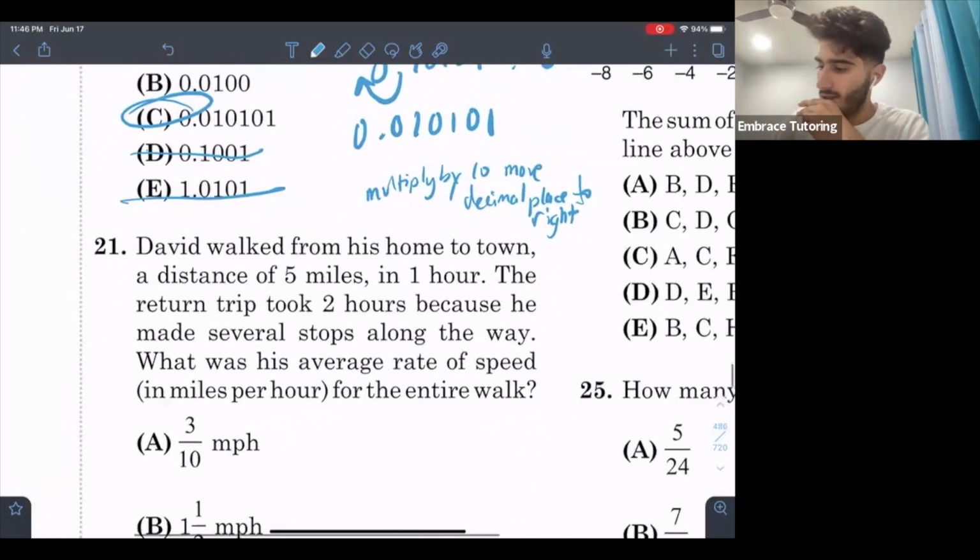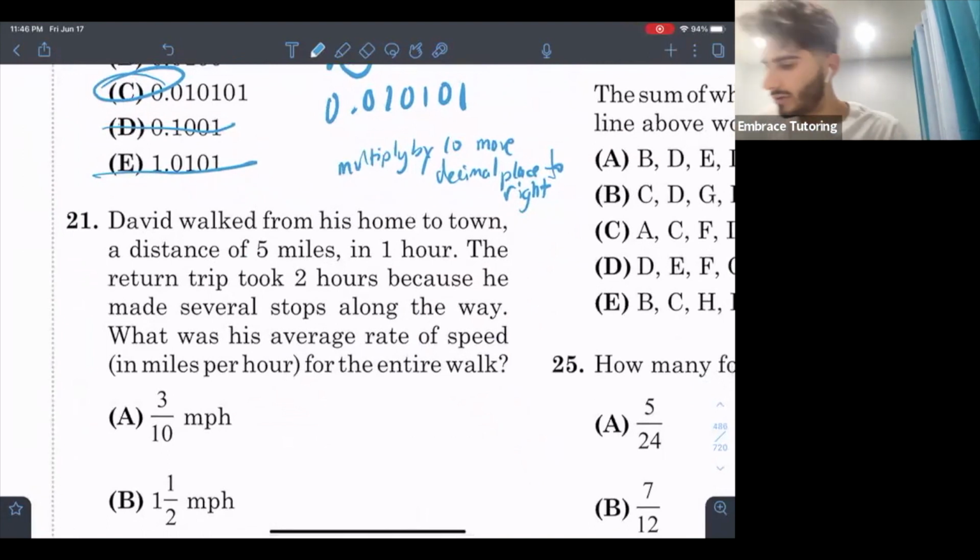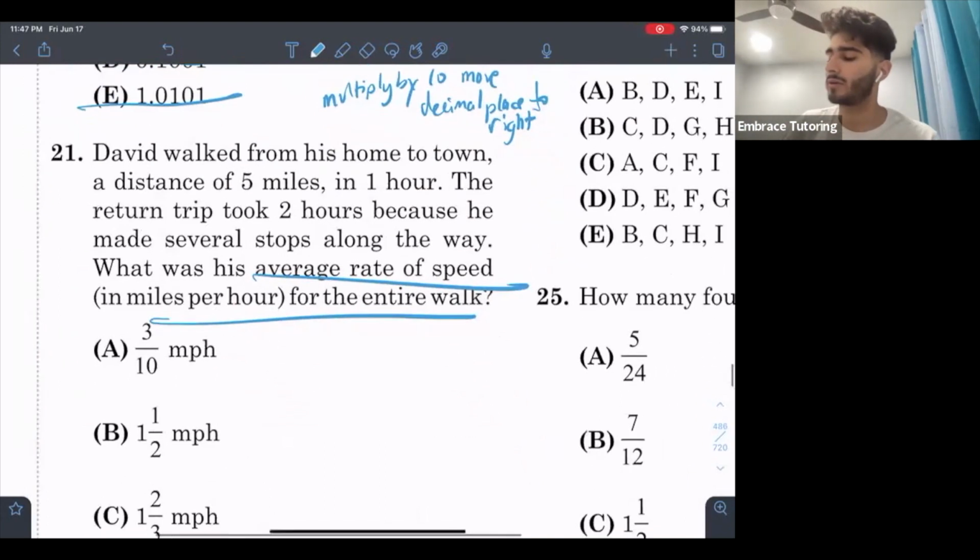Okay, next question. David walked from his home to town, a distance of 5 miles, in 1 hour. The return trip took 2 hours because he made several stops along the way. What was his average rate of speed in miles per hour? So what you would do here,